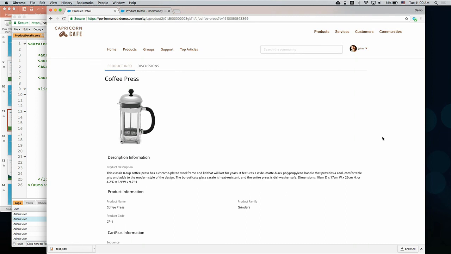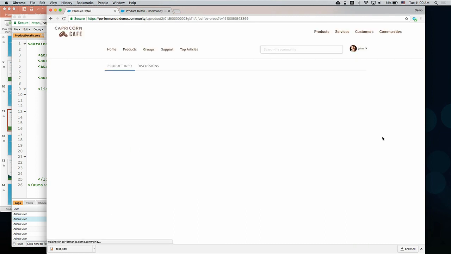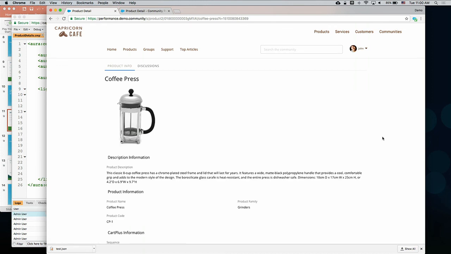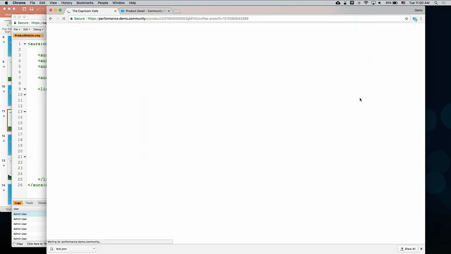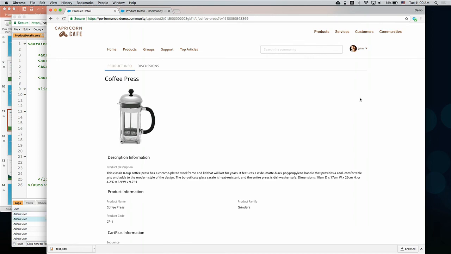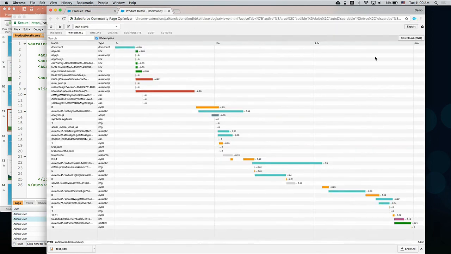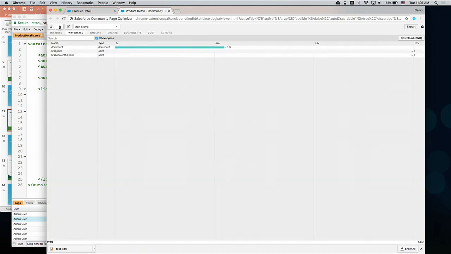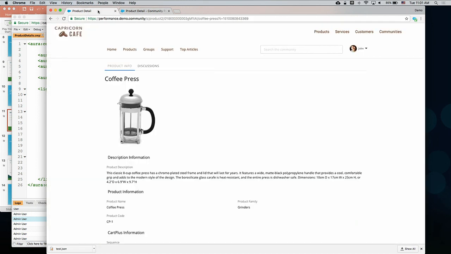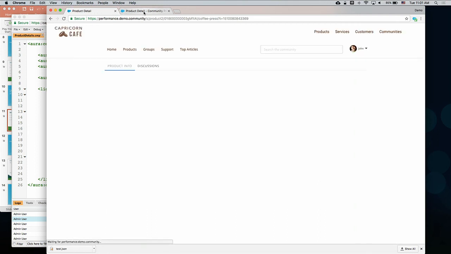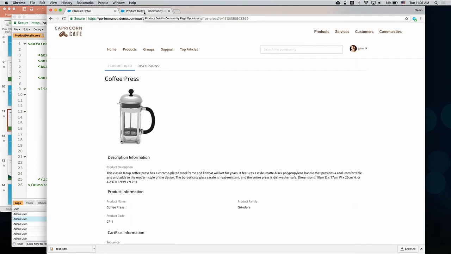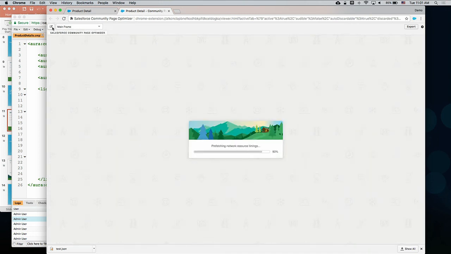And now I'm going to refresh this page after the change. You might feel that the content has been loaded more quickly than before. Let me try this again. So now let's take a look at the page optimizer. And actually, I'll clear out the history and refresh this page so that it will record this page load. Now if I refresh